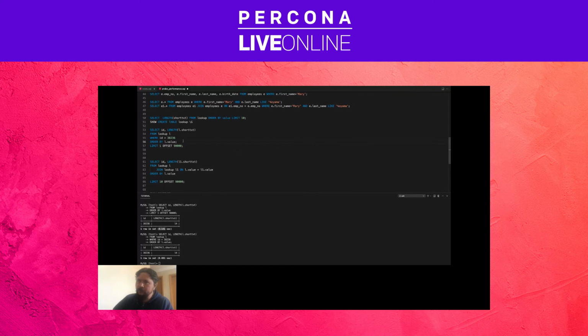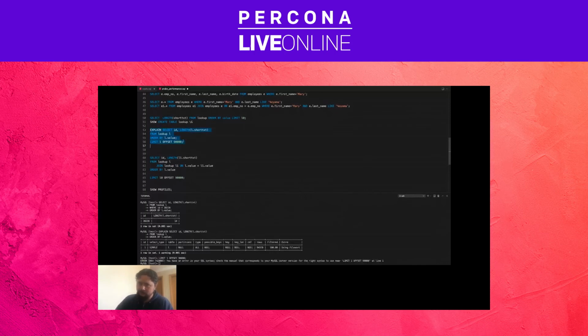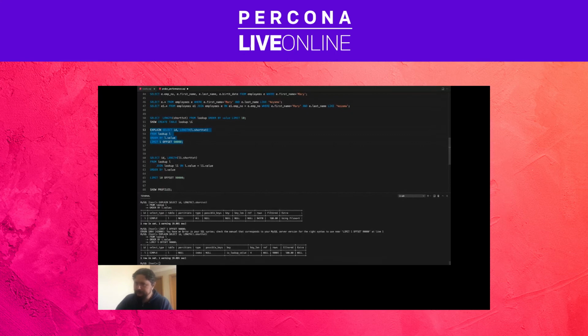And if we remove this, we do an explain here. Explain will tell us what is going on. Explain will say, man, we are accessing this table. I know we are just accessing this table. I maybe use an index to access this table. It may be possible to use an index. You know? Well,